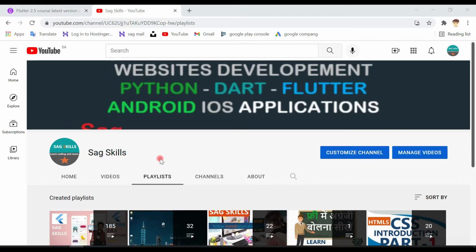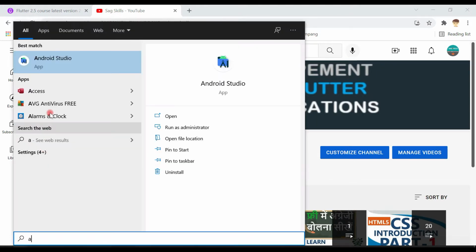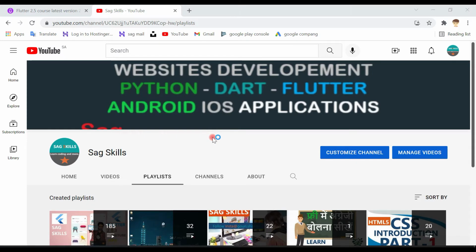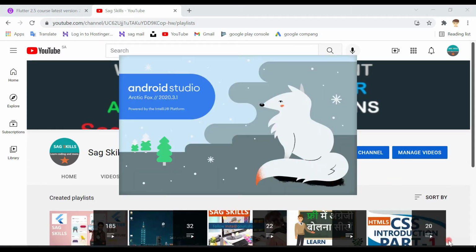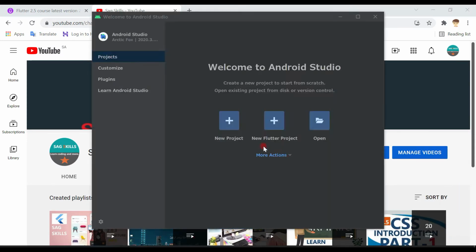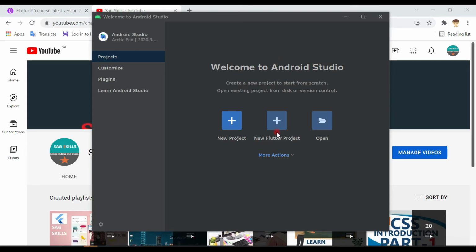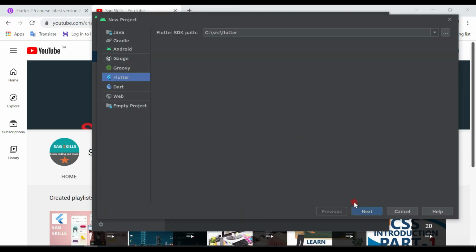So first of all, let's open Android Studio. Click on it, and it's opening. And you will see this dialog box. So click on this new Flutter project here and click on next here